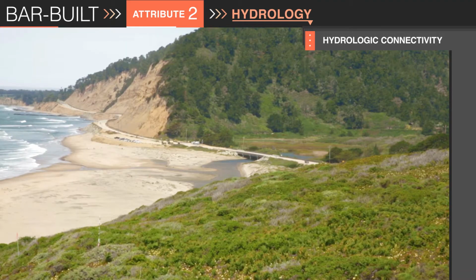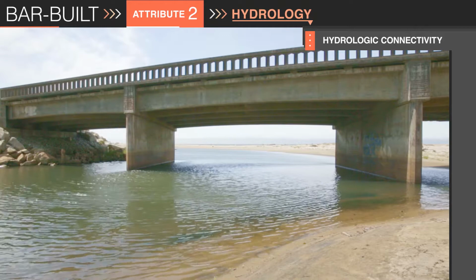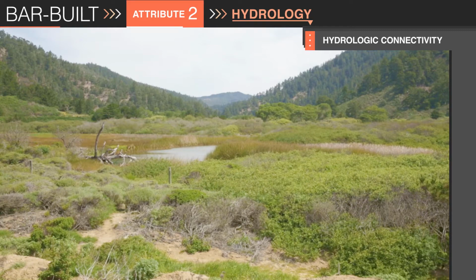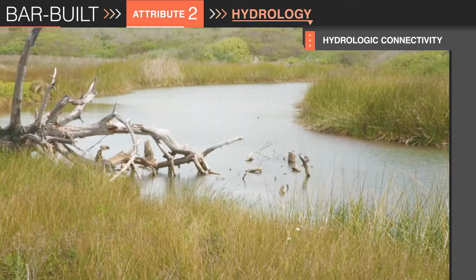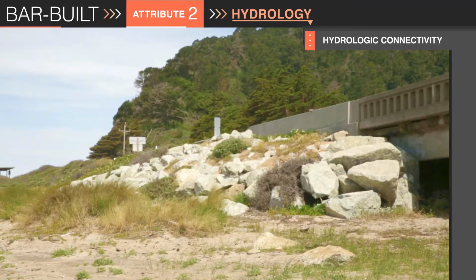Hydrologic connectivity describes the ability of water to flow into or out of the wetland. This allows rising waters to inundate adjacent transition zones. This metric is scored by looking at the wetland that contains the AA and determining the proportion of that wetland which is restricted by unnatural features, such as levees, concrete walls, riprap, or road grades.